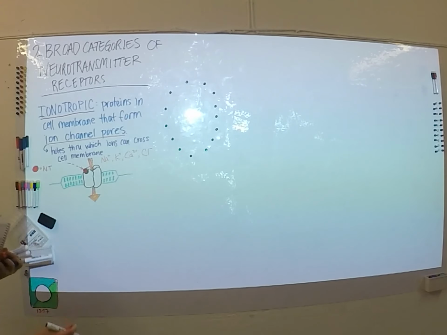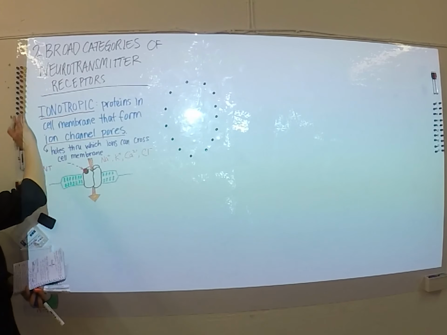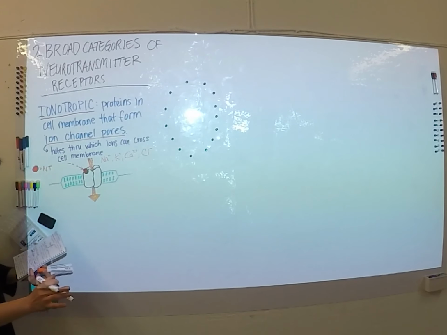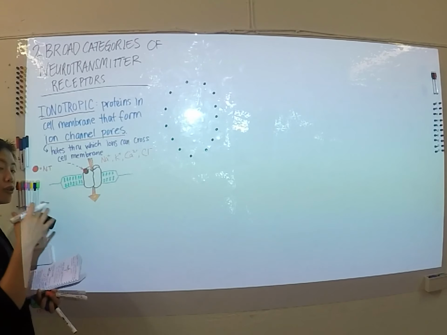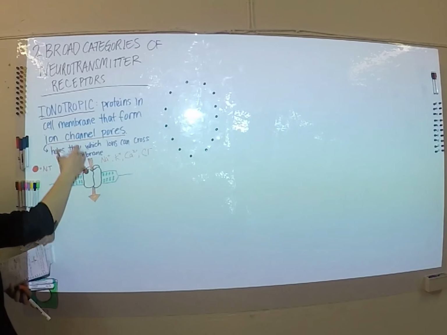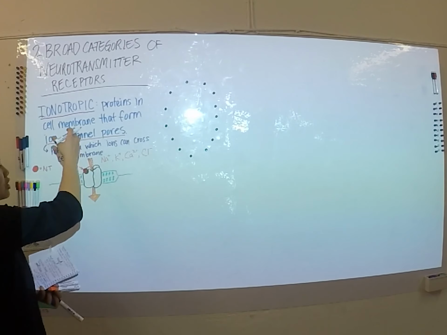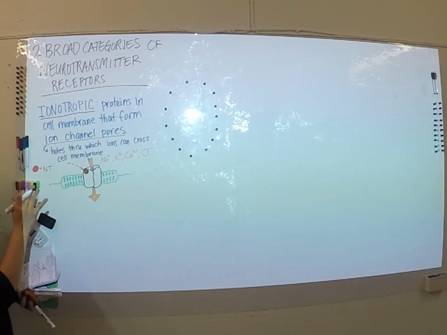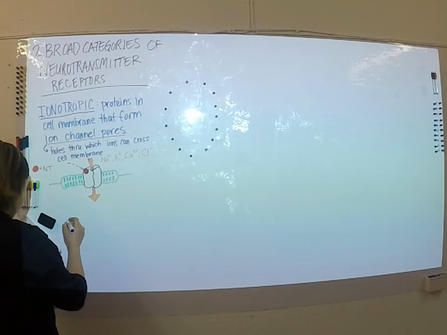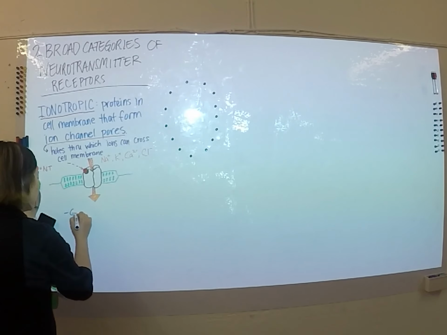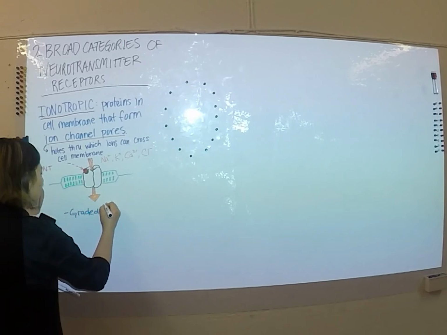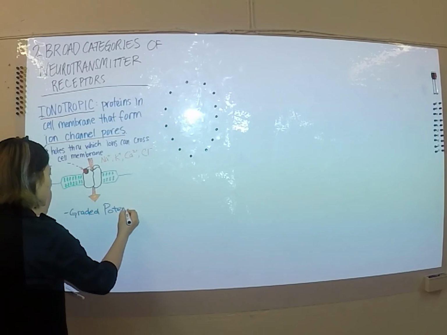And so going back to ionotropic receptors in general, usually graded potentials happen because of movement of ions through ionotropic receptors, okay? So usually these are the receptors that cause graded potentials,